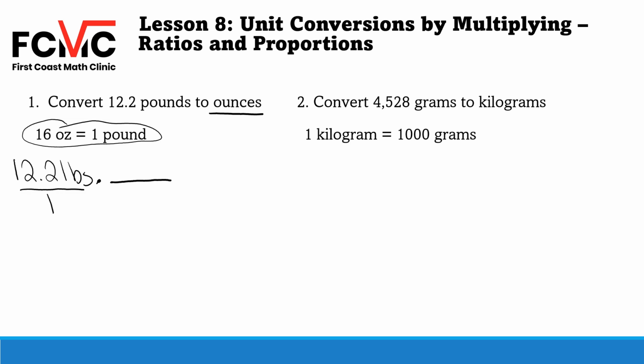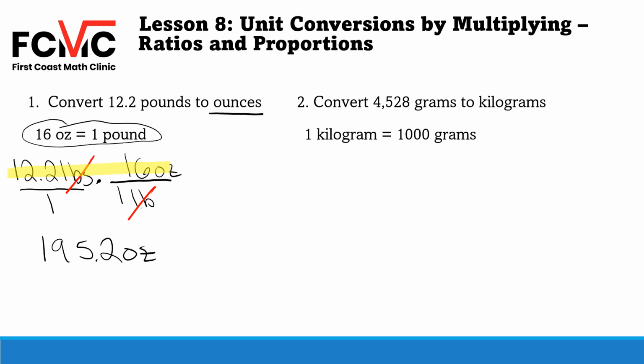So I'll put 1 pound in the denominator, 16 ounces in the numerator. Pounds and pounds cancel out, and then I multiply straight across. 12.2 times 16 gives me 195.2